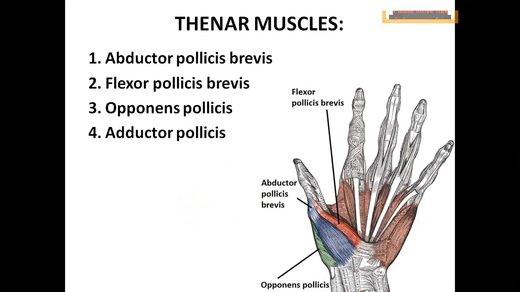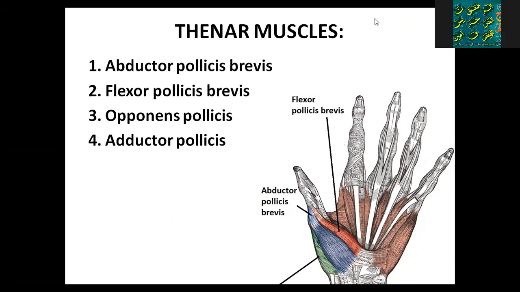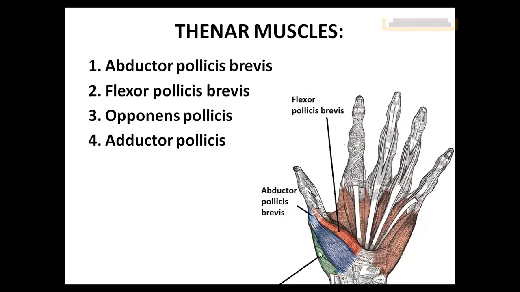For any muscle, you should remember origin, insertion, nerve supply, action. Everywhere, whether it is forearm muscles, arm muscles or palm muscles, we should always know origin, insertion, nerve supply, action. Now, the thumb is this, right? Towards the thumb, this eminence is the thenar eminence, and the muscles there are called the thenar group of muscles. We are going to see the thenar group now. We have 4 muscles: A, F, O, and one more A. That's the reason I asked you to remember A square FO.